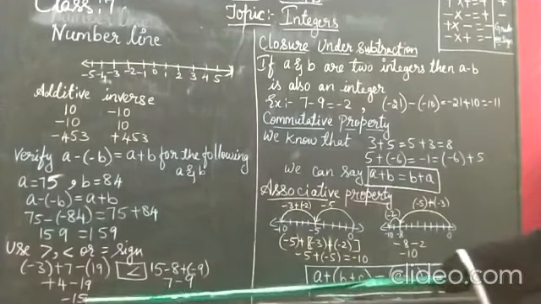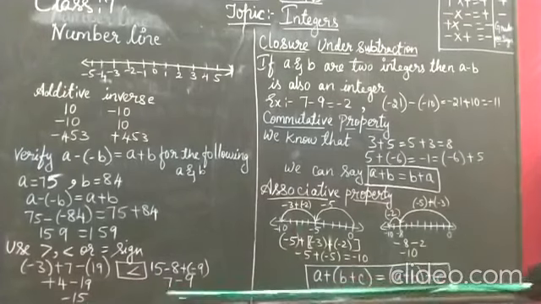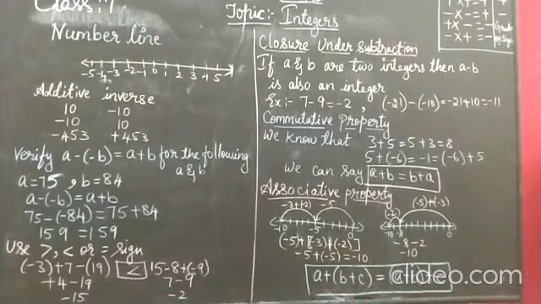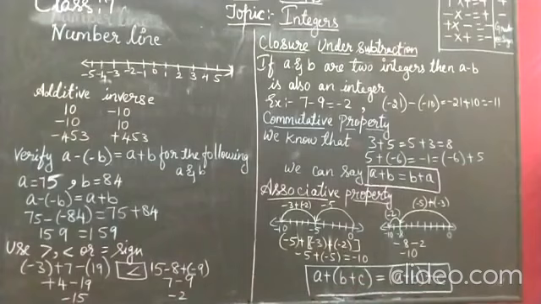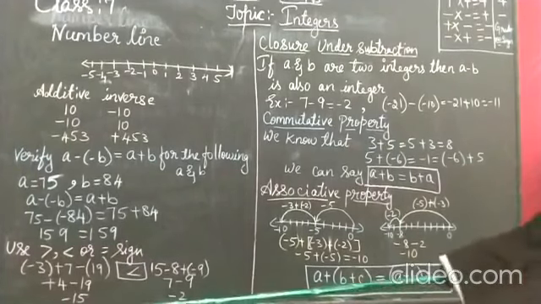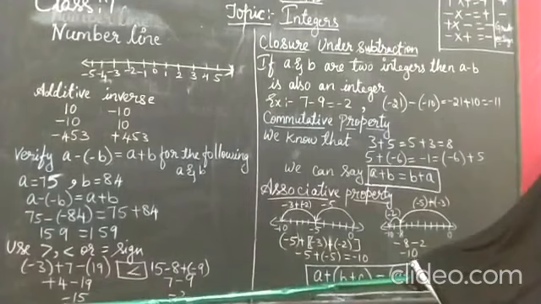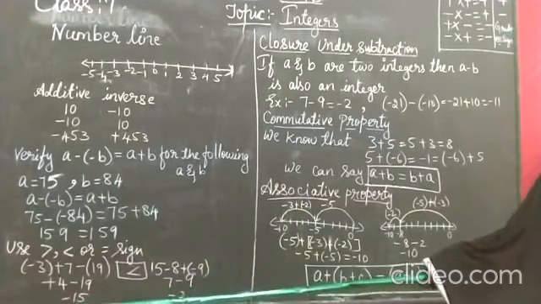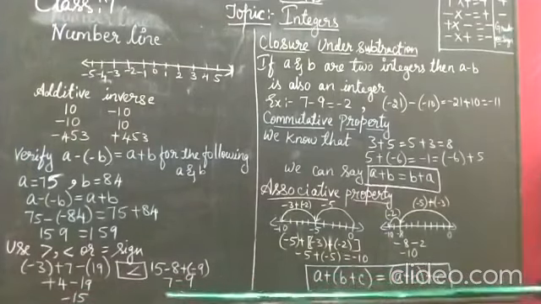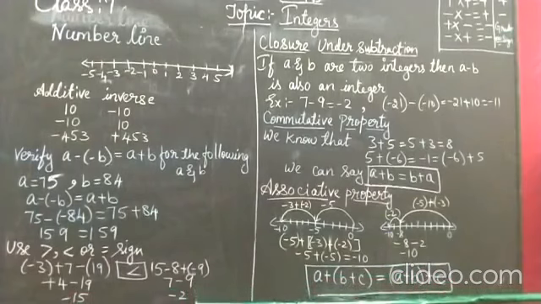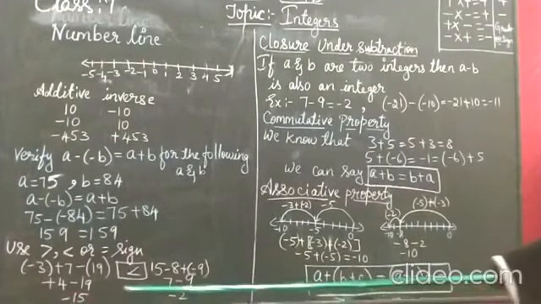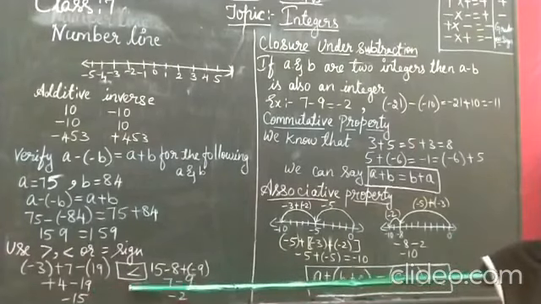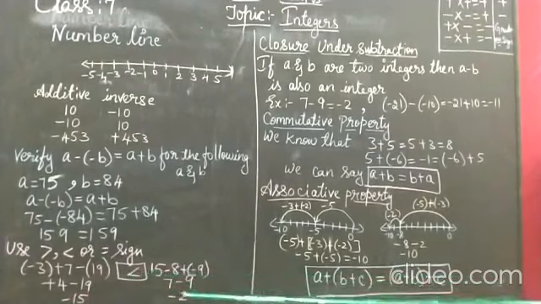Now you can tell me which number is greater, minus 15 or minus 2. If I just say 15 and 2, you can say that 15 is bigger and 2 is smaller. But here you should be careful. Why? Because there is a negative sign in both. Therefore, the bigger number has the smaller value, and the smaller number has the bigger value. Therefore, minus 2 is greater than minus 15. So this is our answer. This is how you are going to fill in your given exercise.